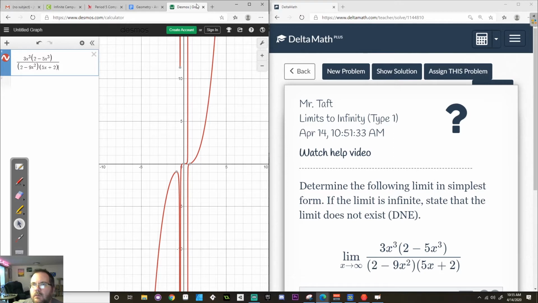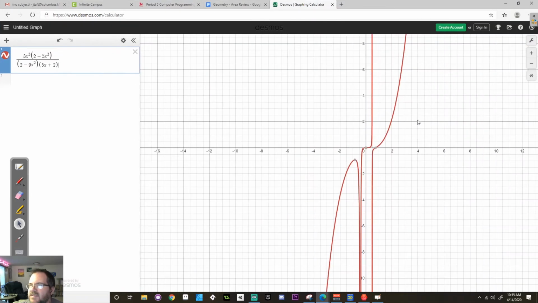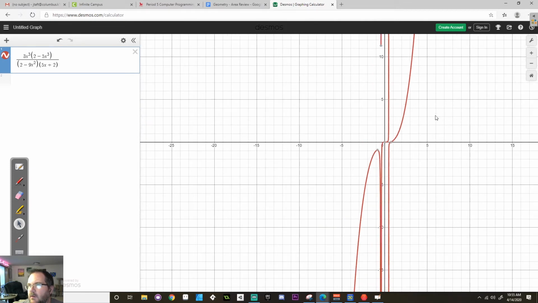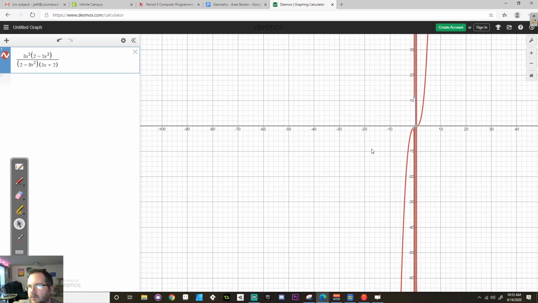All right, so now if I take a look at this function as it's approaching infinity, you can see that